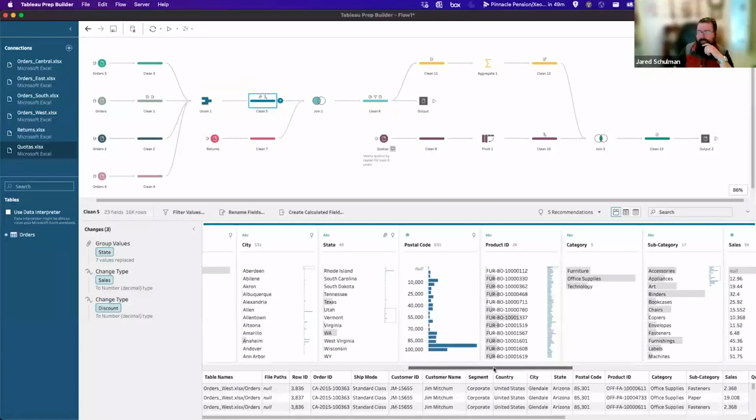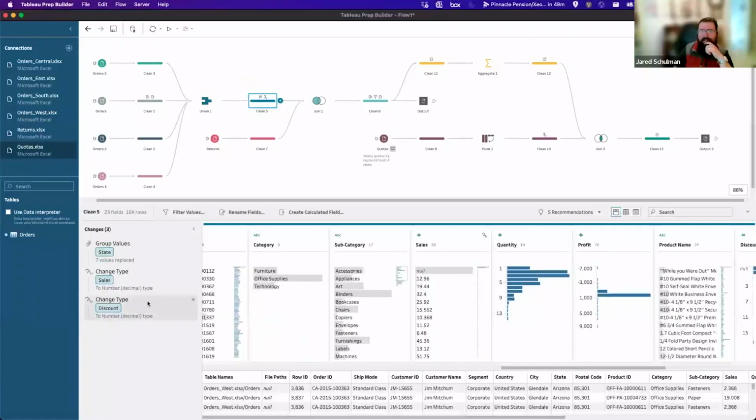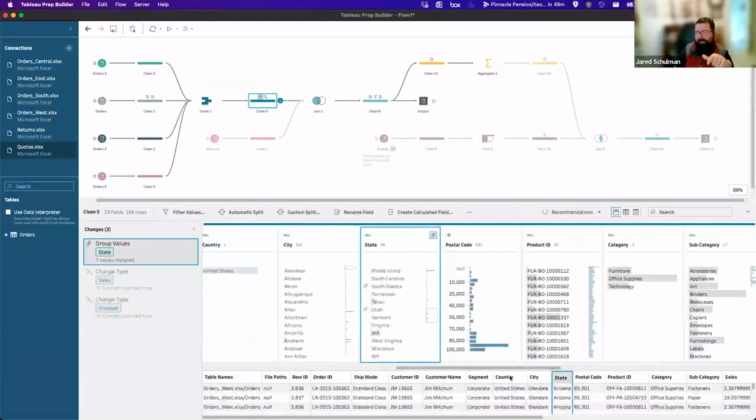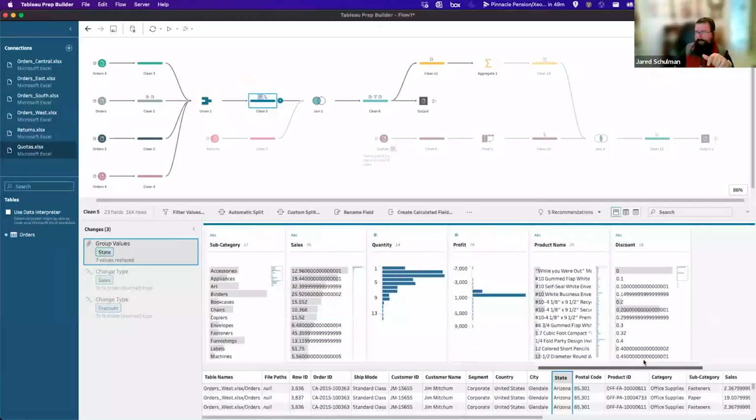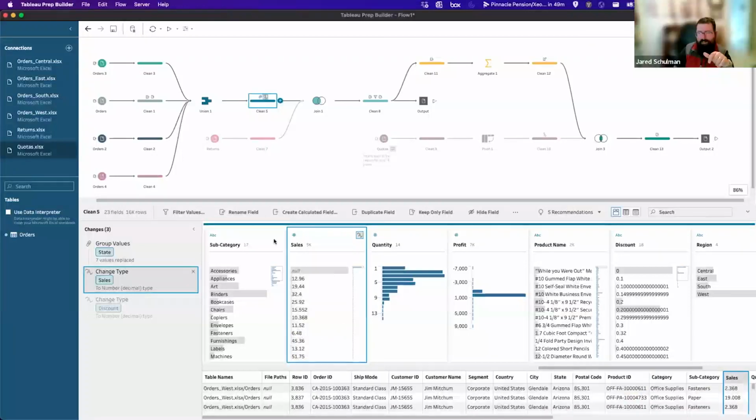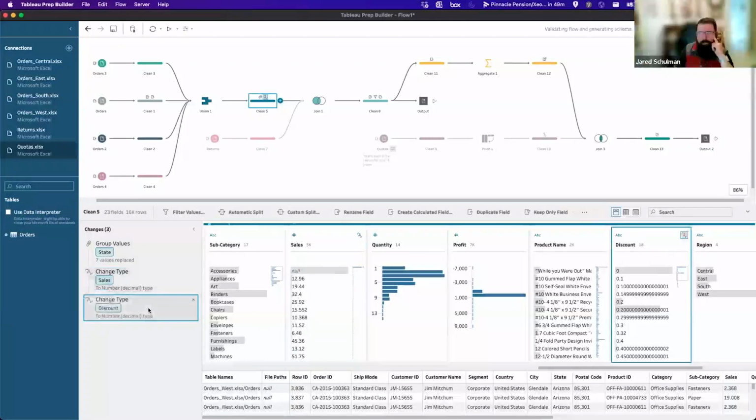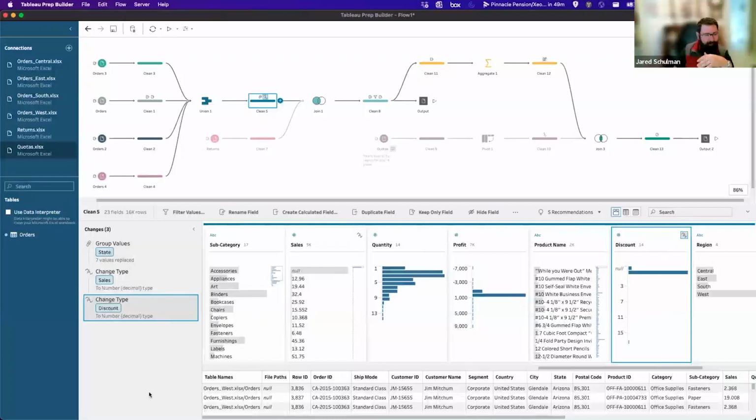One of the other things that's handy with the changes is if you click above that change in the list, it'll show you where the state of the data is at that point. So if I click on the group values and I look back at sales and discount, they're strings now. And then if I click on the change sales to number, now it's a number decimal, discount is still coming through as a string. So that can be handy if you're trying to figure out which of these filters is taking out the data that I expect to see here, and you have a list of 40 changes, you can just click through it and see, okay, where am I losing the data that I expect to see?